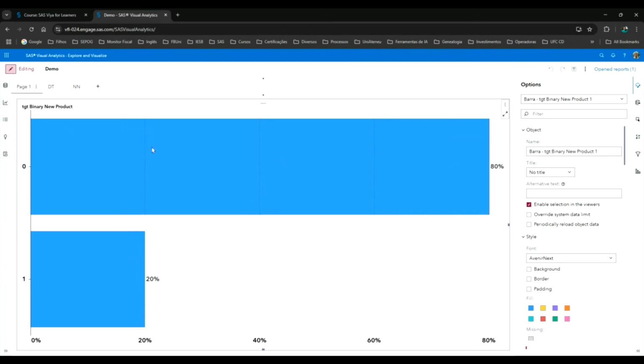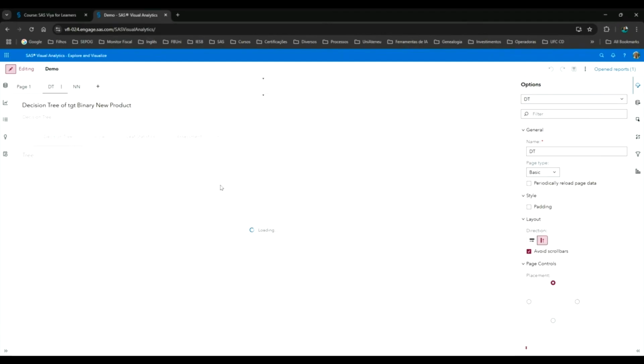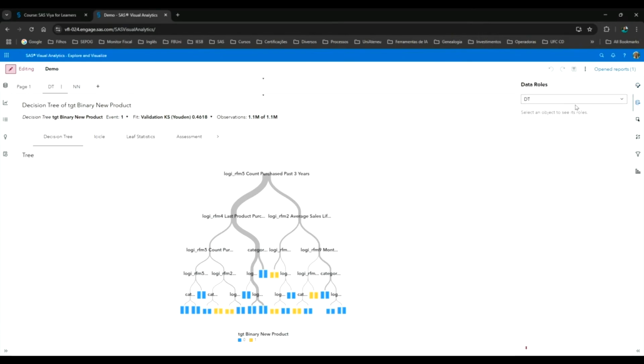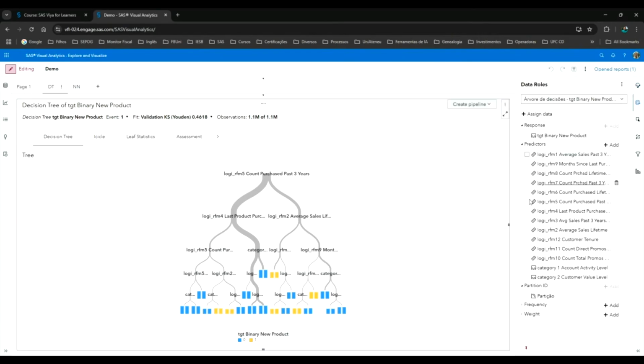Okay, then here we have a decision tree model. I'm using just 14 variables. 12 are continuous, and two are categorical, nominals.